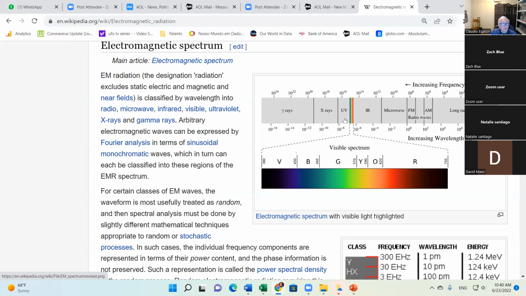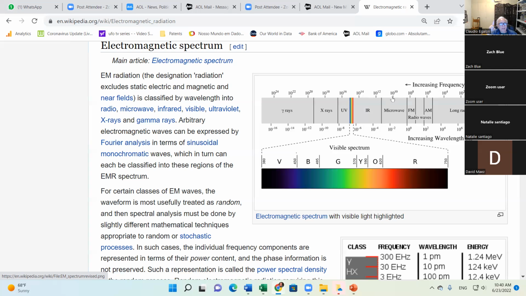Okay. The visible spectrum is right here, a very small slice. And look at the frequencies. 10 to the 24 for gamma rays, right? Long radio waves are around 1 hertz. Here is 100 hertz. 100 hertz should be what you get from our power line here, right? If you go to your microwave oven, it's 10 billion hertz, right? 10 to the 9 times 10.